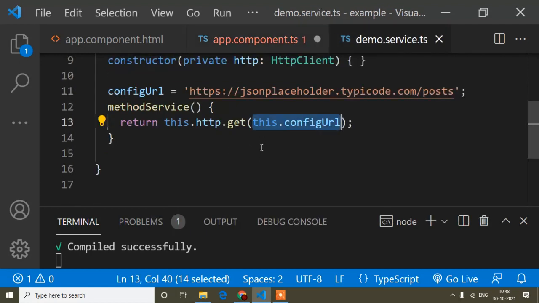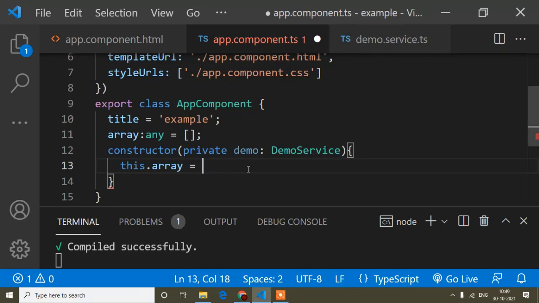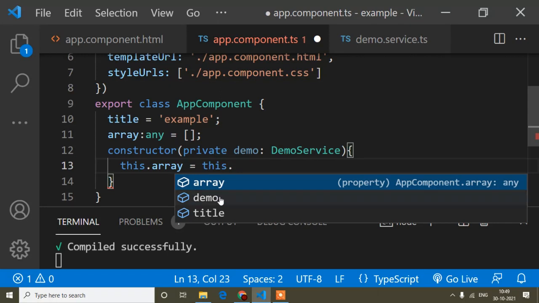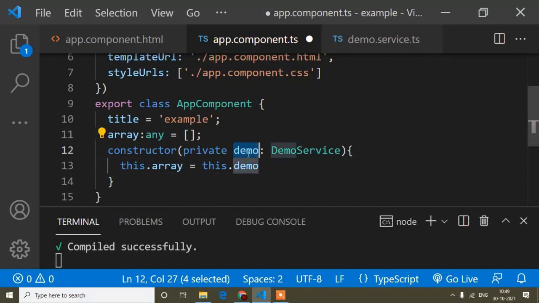So now with this API, when we want to get any post or any HTTP request, at that time we need to subscribe. So here this dot array, and this dot demo, because first of all I have to access this service.